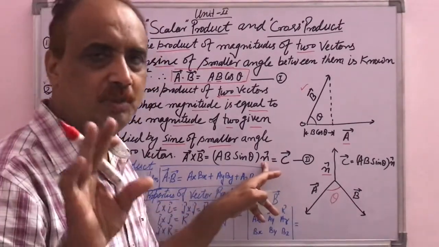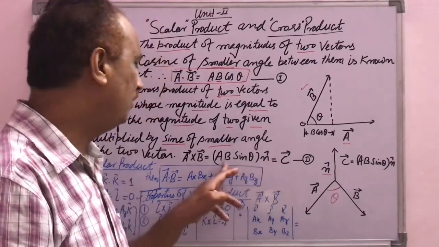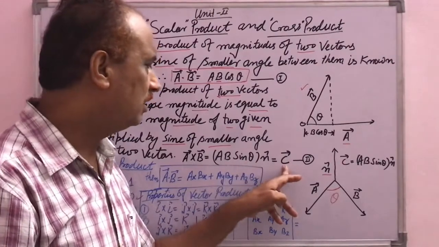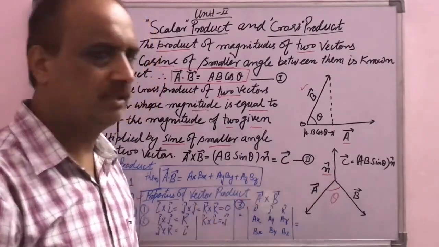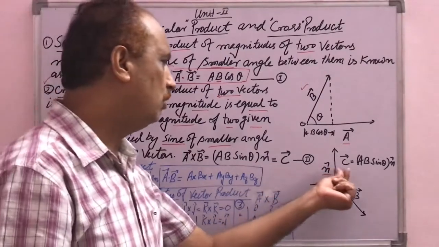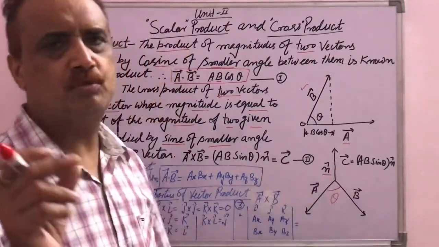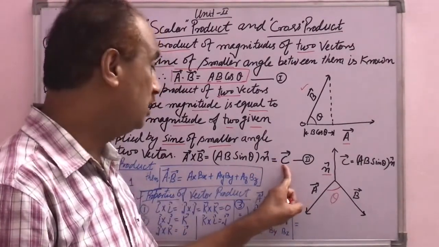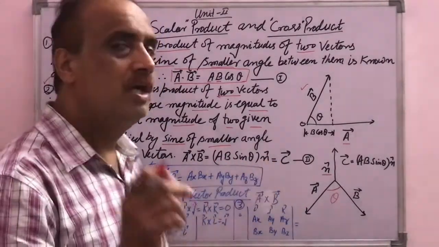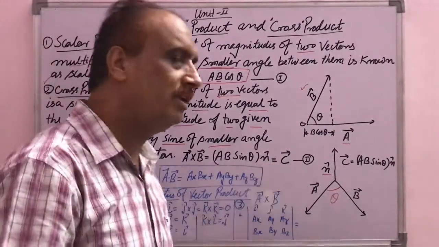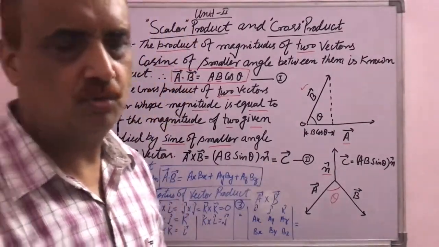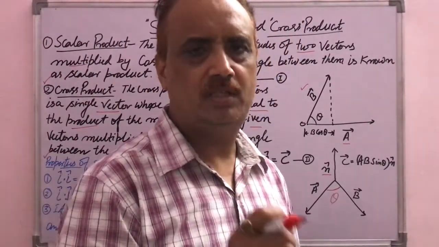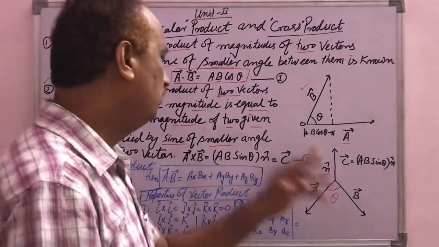But when we do some numerical problems, we will not write all this, we will write only AB sin theta. So this is a single vector and it shows the normal vector. The product of these two is equal to a single vector. Suppose the single vector is the C vector. So A cross B equals C vector, where the vector C is equal to AB sin theta into n unit vector. The n unit vector indicates that the product of these two will be equal to the normal vector. It is the normal vector of the given two vectors.